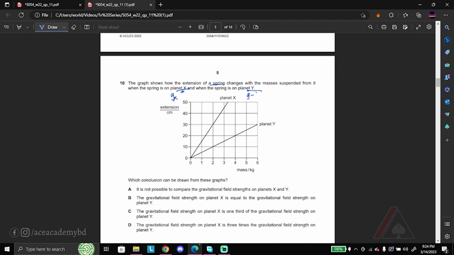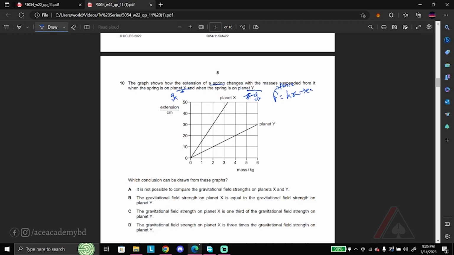So if this is gX, let's say this is gY. Then we have a graph of extension against mass. Now, if you recall from elasticity of springs, we have Hooke's law, which states that extension is directly proportional to the force of the load applied to the spring until the elastic limit is reached. And from that we can derive the formula F equals kx,